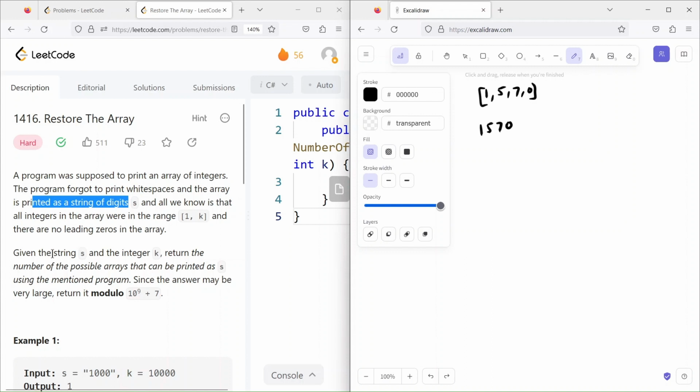Now given the string s, so this is my string s, and we have been given integer k. So the k means that any integer in this whole array has to be less than or equal to k. So we have to find out the total number of possible arrays that can be printed as s. Basically how many arrays I can build using this, with a constraint that every number in that array is going to be less than or equal to k,